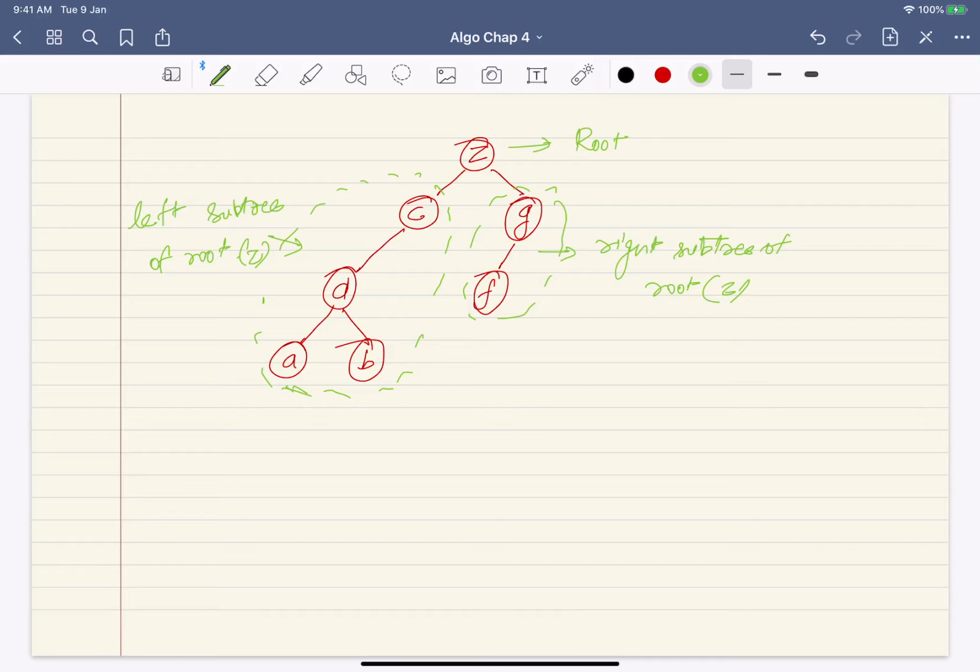For example, C is the left child of root Z, and G is the right child of root Z. So we can talk about the left and right child of any node. For F, there is no left or right child. For G, there is a left child, that is F.